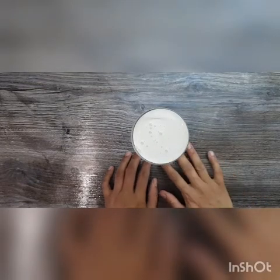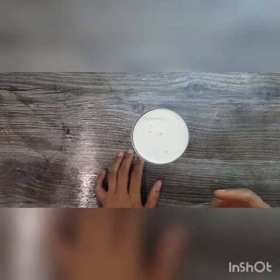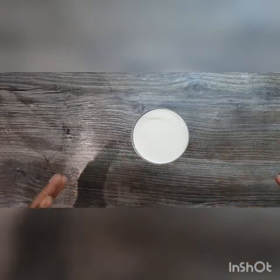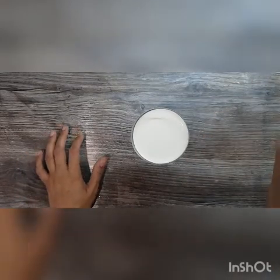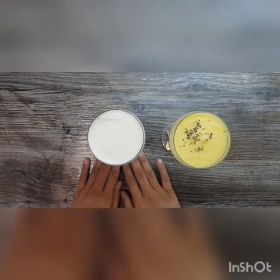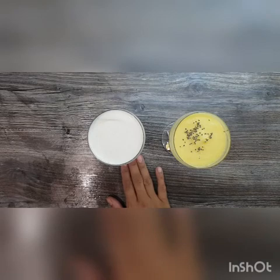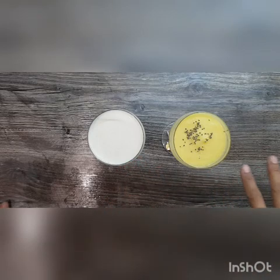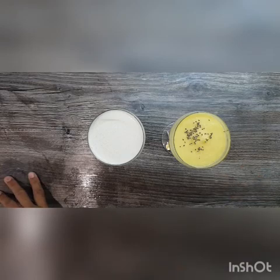If you were to set this in the fridge for about half an hour, you'll see that the chia seeds will start acting as a gelling agent, and it will help thicken up the milkshake. So here we have 2 milkshakes. Of course, milk-based, 1 fresh cow's milk and 1 coconut milk. We have a pina colada and a date milkshake. So I hope you enjoyed that. And now I'm going to show you some of the iftar